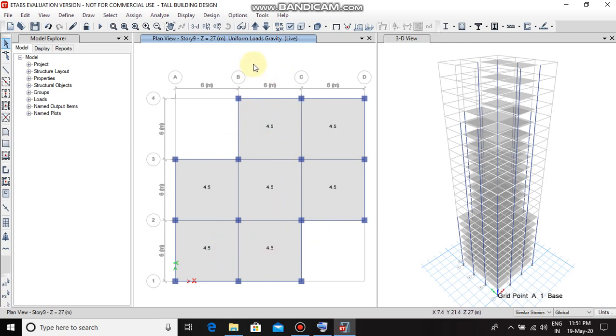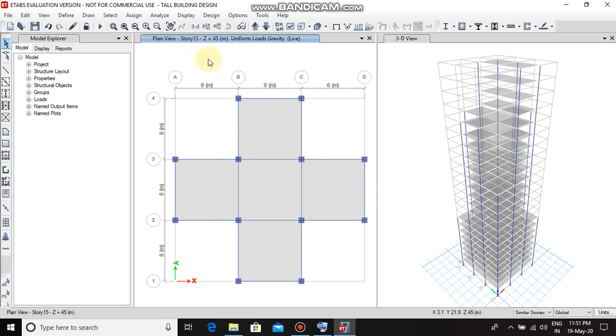Now move to any story from 15 to 19, keeping it as the similar stories using this arrow key. I am going to take the story 15.